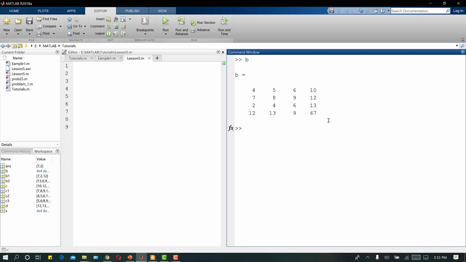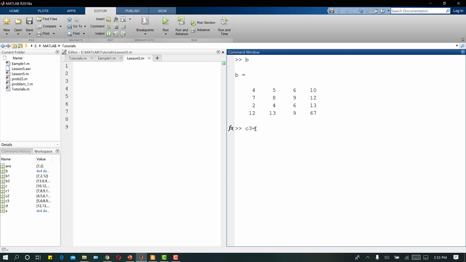Now let's suppose I want to extract 8, 9, 4 and 6 from this matrix. 8, 9 are the elements of the second row, 4, 6 are the elements of the third row, and similarly 8 and 4 are the elements of the second column, and 9 and 6 are the elements of the third column. Let's suppose I want to store it in C3.